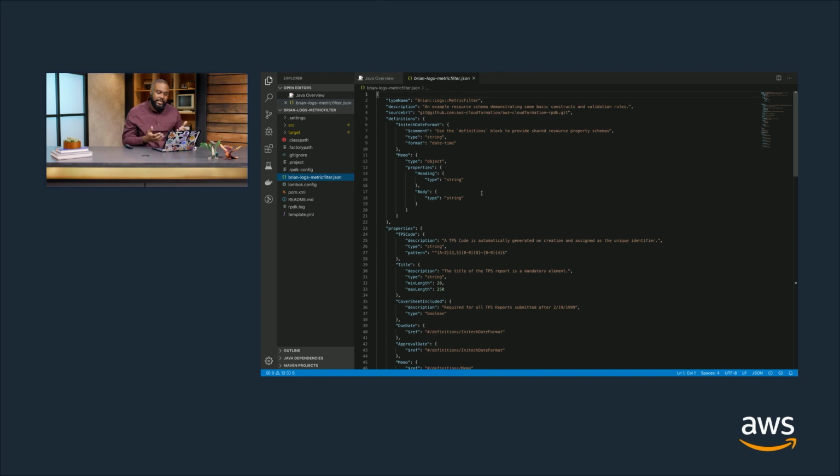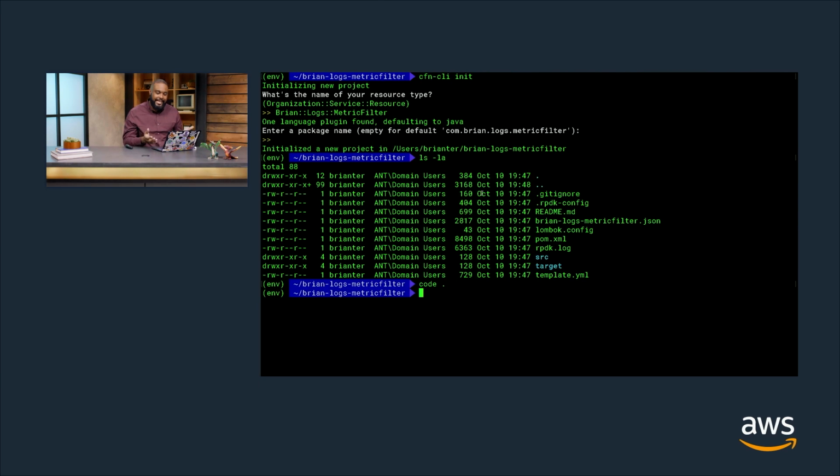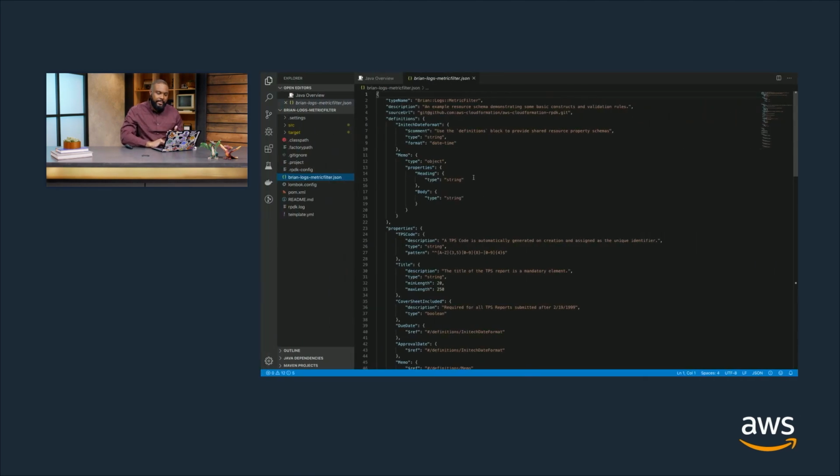So what we need to do is validate this schema. And you can do that anytime by running the command CloudFormation validate using the CLI tool. So we'll validate that. If you're new to JSON, the JSON schema standard, you may want to do this often when you make small changes to your schema. So now that our schema is validated, we'll go back to our schema, and we'll get rid of this boilerplate